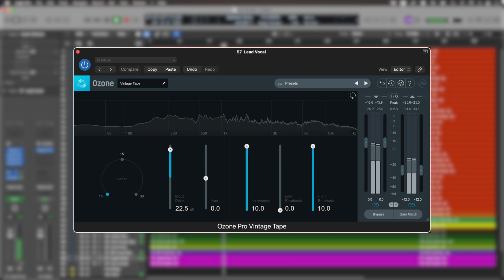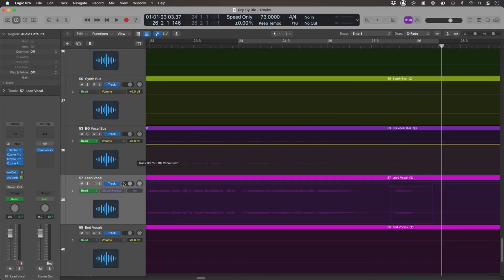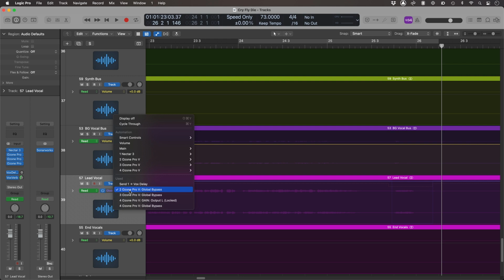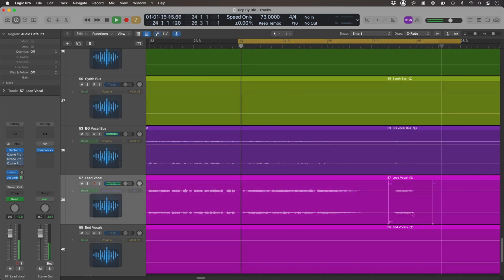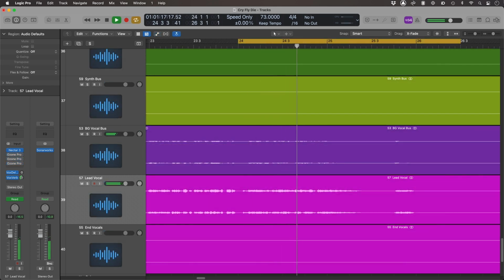Feeding these tape emulations into each other is going to give us a fantastically aggressive tone that will help certain words to stand out in the mix. And then we can counteract the extra level we have added by bringing down the output of the last instance. I've set my automation to bypass these plugins throughout the track, except for on the words that I want to affect. Check out how this adds some great coloration to the final words of the chorus and makes them stand out of the track.